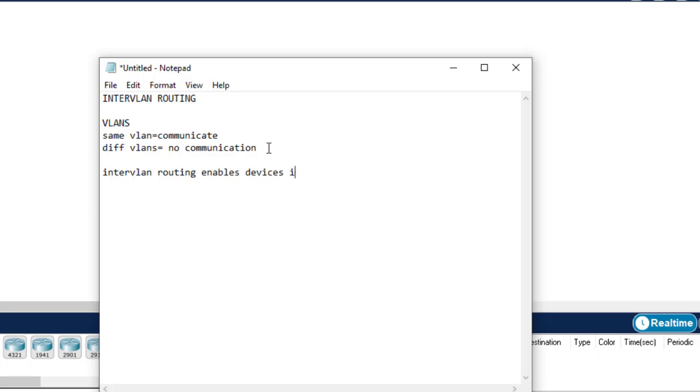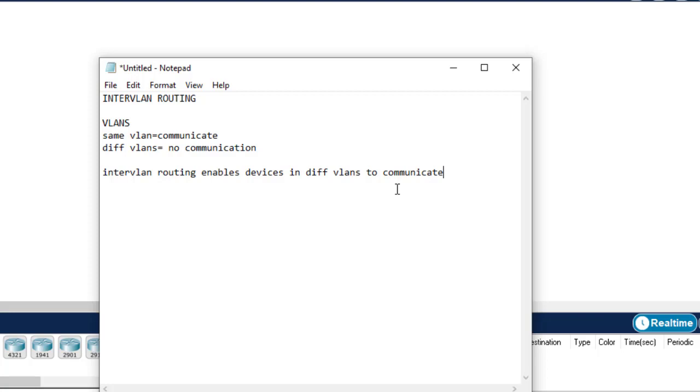So using inter-VLAN routing, we will be able to implement communication between multiple VLANs. There are two ways to configure inter-VLAN routing, and before we look at those,